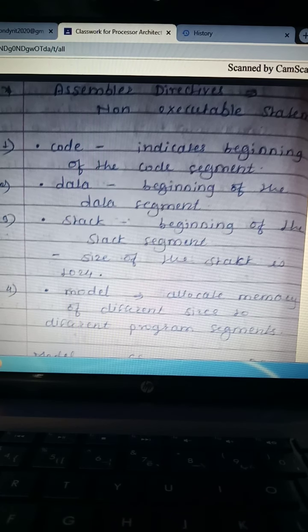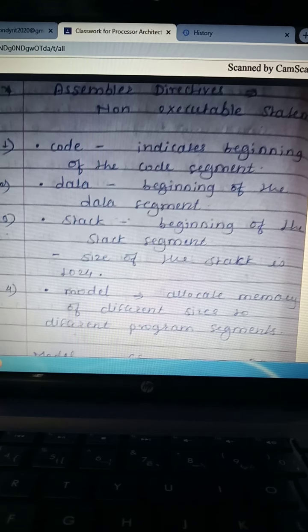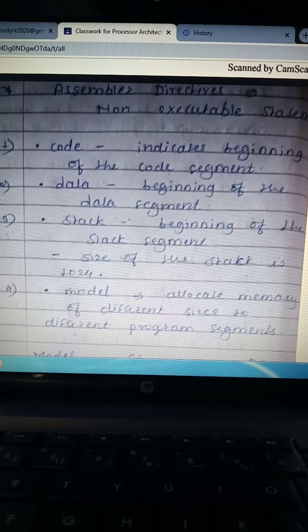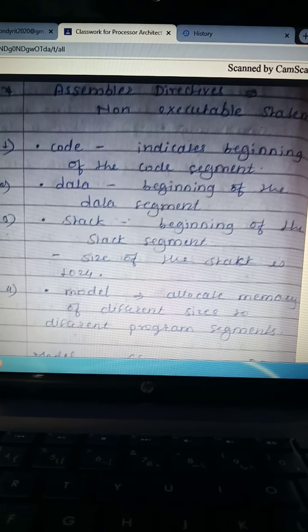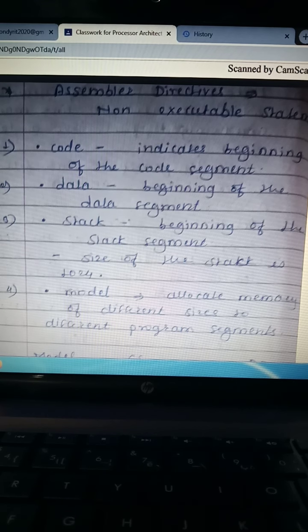But if we have not mentioned any comment in the program, the program will still work successfully. If we have not mentioned any directive in the ALP, then that program will not be able to perform anything. That is the basic difference between a directive and a comment.